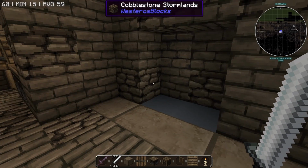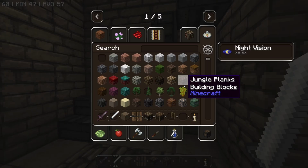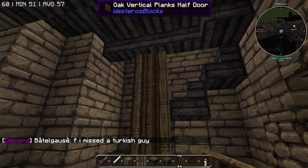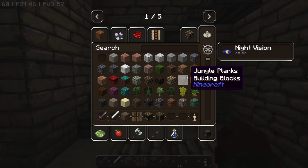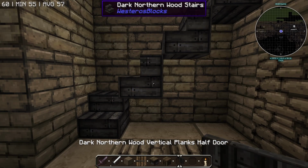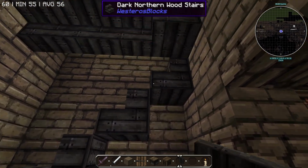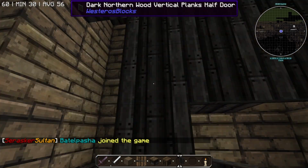The workshop over here is where the bookbinder works. So first, what looks better, vertical? No, I think we're going to have to stick with the northern vertical half door. So before we even put down our walls, maybe we could turn this into a small cabinet area. So we're going to put those half doors over here,